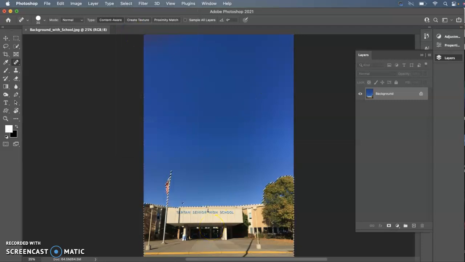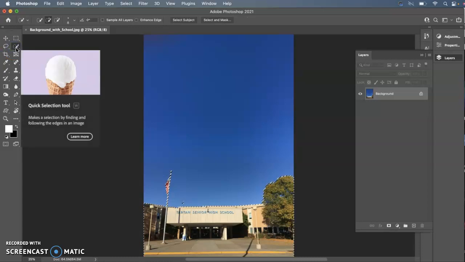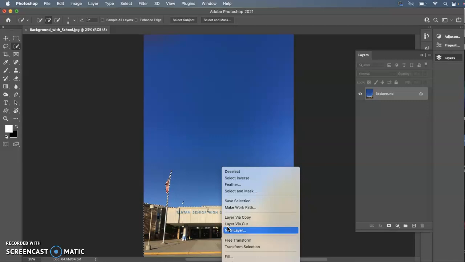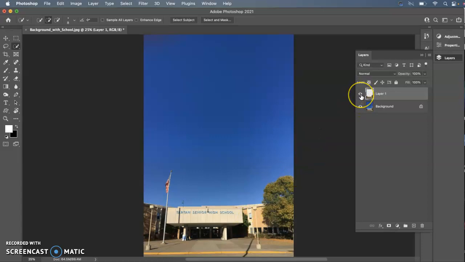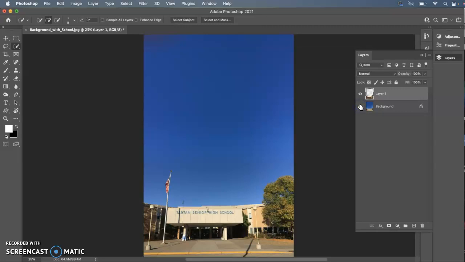From there, we're going to make a copy of that selection. The best way to do that is just to click on any selection tool. Just right on the quick select tool here. And I can right click and do layer via copy. So on this layer we have just the school, and then the layer below we have some of the sky. Now you can certainly get creative and change the sky out behind too if you'd like, just to make things really interesting. So our next goal is going to be to bring in a picture of yourself,